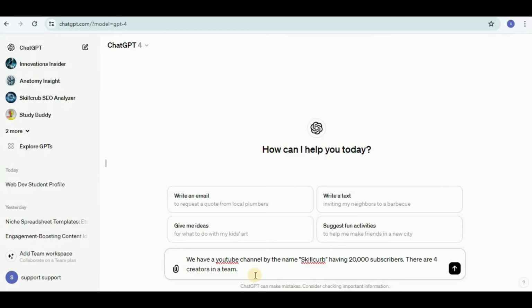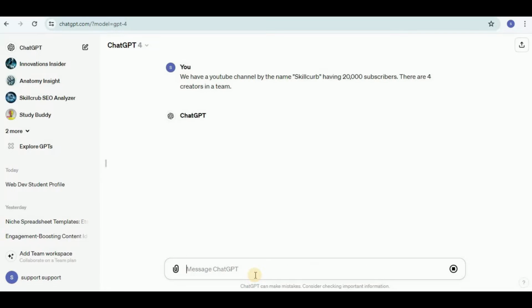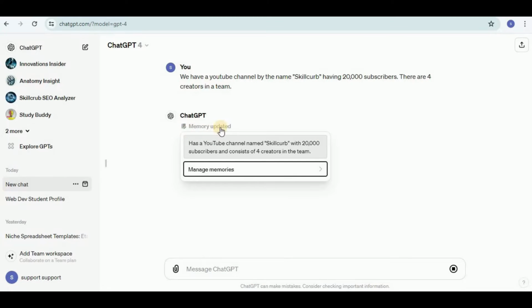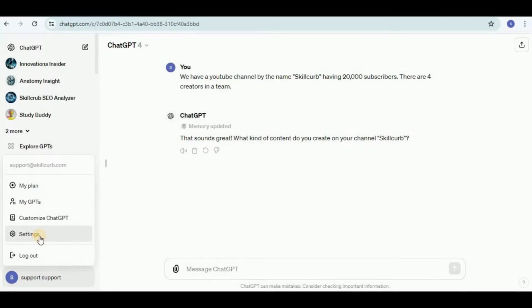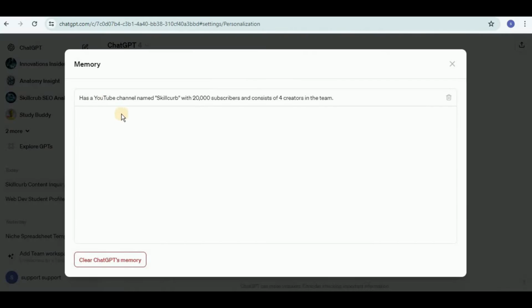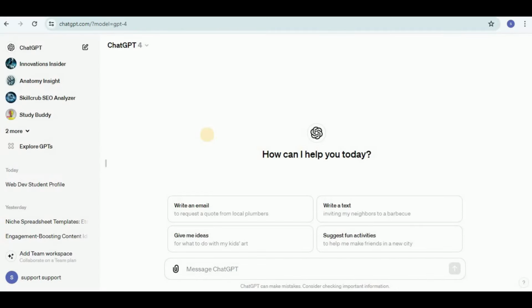All you have to do is prompt it and ChatGPT can pick up the little things and the little details about you over time. And the more you start utilizing the memory in ChatGPT, the more tailored the responses are going to be. Here I've opened ChatGPT and I'm currently using GPT-4, but it is also available for the free users as well. So let's quickly go ahead and see how you can actually enable or disable memory in your ChatGPT.